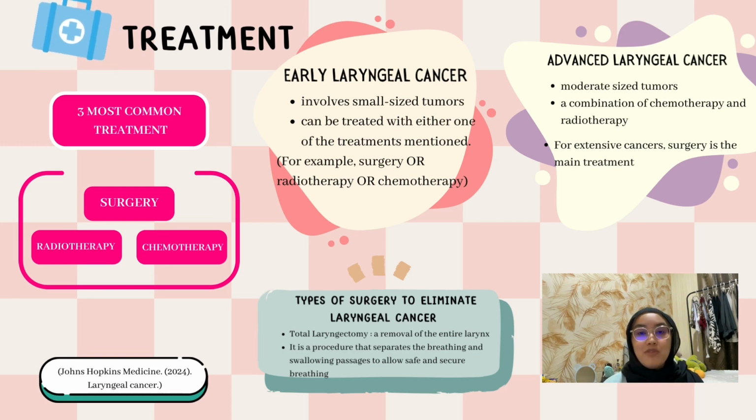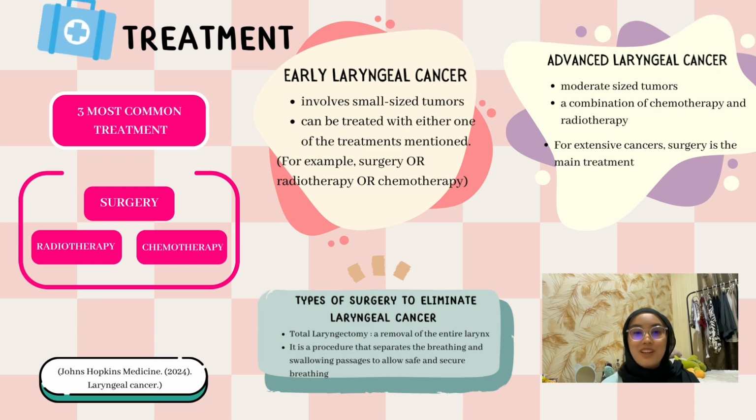So they will need a combination of chemotherapy and radiotherapy used in the treatment. Meanwhile, for extensive cancers, surgery is the main treatment for cancers that have spread beyond the cartilage walls of the voice box or have obstructed the laryngeal functions. So we have various surgical procedures which are used to treat laryngeal cancer and at the same time preserve the functions of the larynx. In some extensive cases, surgeons have no choice but to remove the entire larynx in a procedure called total